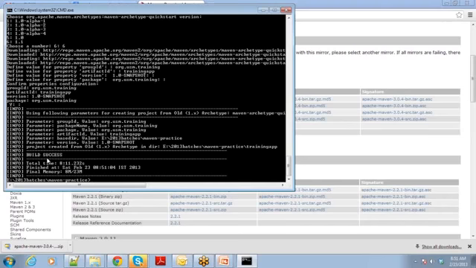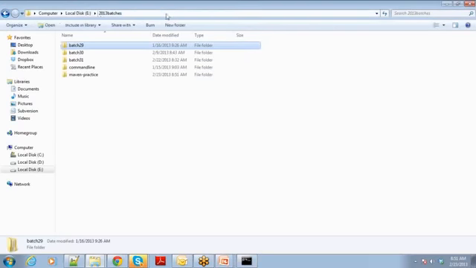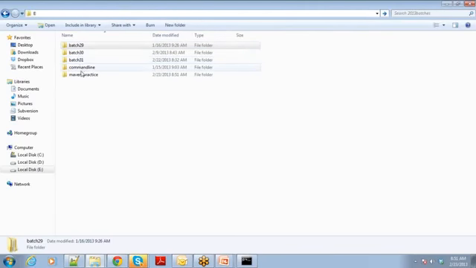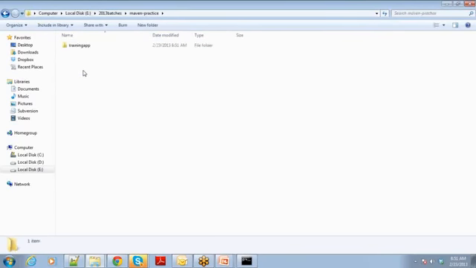Now how can I see what it has done? So let me go to the E2013 batches and Maven practice folder. You can see now that a folder is created, training app. In that you can see a source and pom.xml created automatically. If you see source, you can see main and test, a directory structure created. And you see here Java. There is some dummy content here, but that's okay.